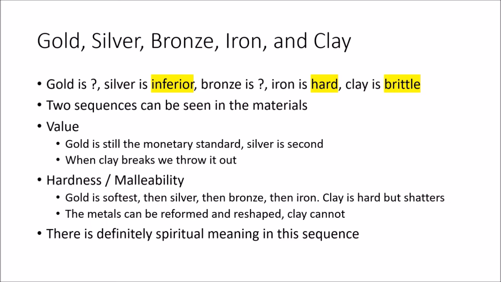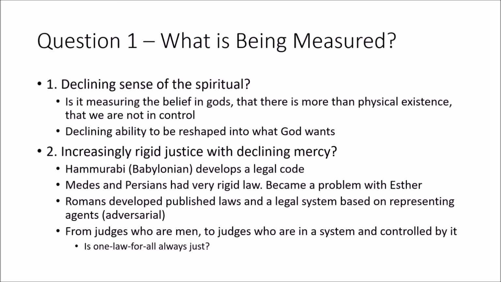And the meaning really is that, and this might surprise you, the reason that the Babylonian Empire is gold is because they were a people who were malleable. They could be bent, they could be reshaped spiritually. And that actually did happen to Nebuchadnezzar, if you remember that story about him being reshaped. And so these were people who had a spiritual sense of some sort, but they didn't know the right God, of course. But they still had a spirituality to them.